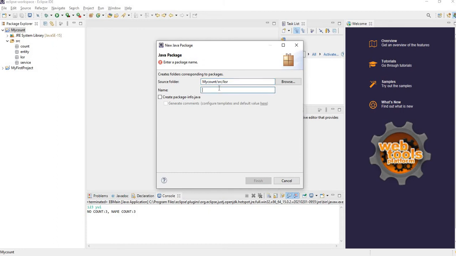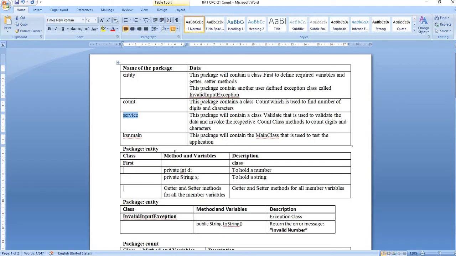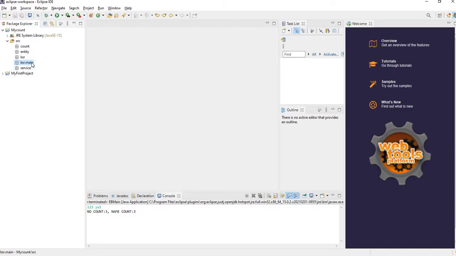KSR is the main package, and under that KSR, main is the sub package. Now KSR.main, as given in our project description, the sub package is created successfully.